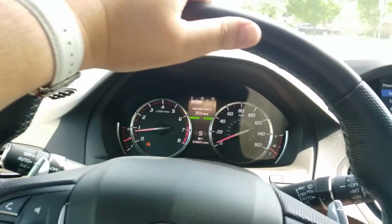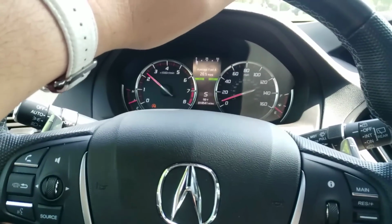Well, four-way stop. We're stopped. We're going. It has remote start. It might not have a spare tire because it's the A-Spec package. I opened the trunk and looked down there, and it said there was a thing for a spare tire, but I didn't see any way to lower it. And we don't have a panoramic sunroof in here compared to the competition, like let's just say the GMC Acadia,